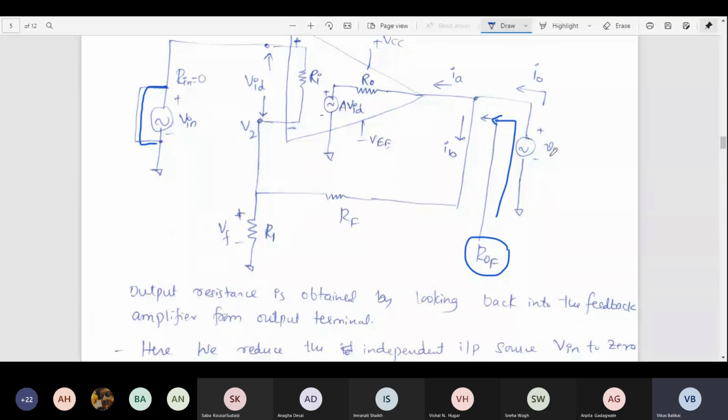Now what is the output current? Output current is that current which is resulting from the output source, isn't it? The current that comes from this source is my output current. Now let's try to understand the output current, how the expression for the output current looks, all those things. So let's try to understand that.